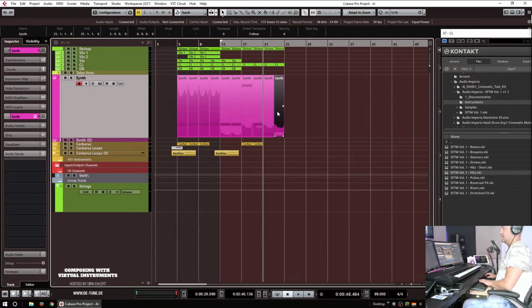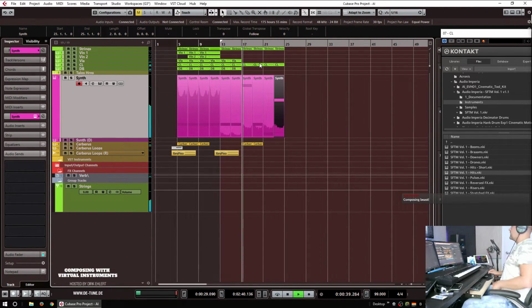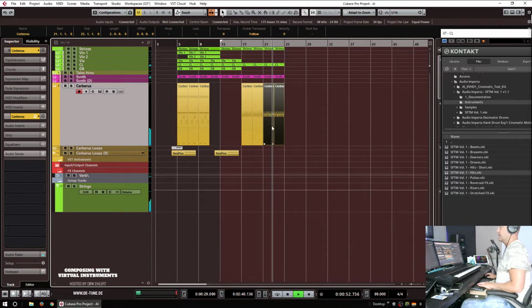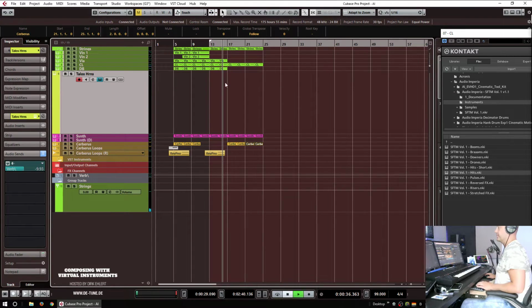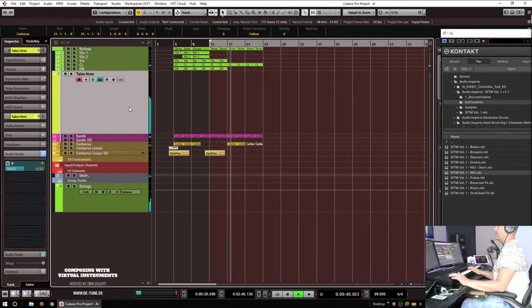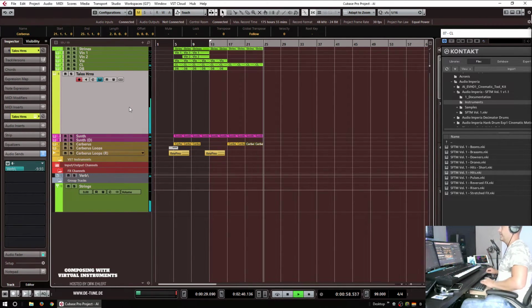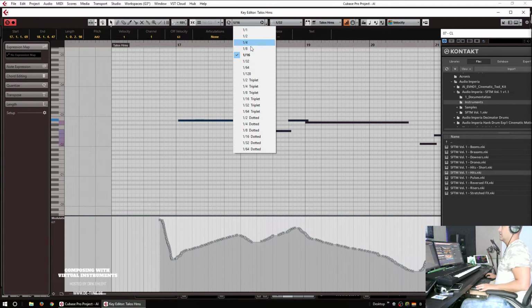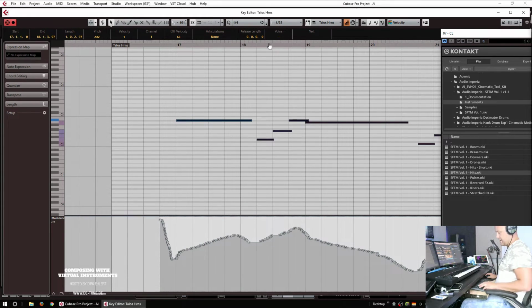Might be easier to just duplicate this and adjust the note. So. That's for a start. No. Just